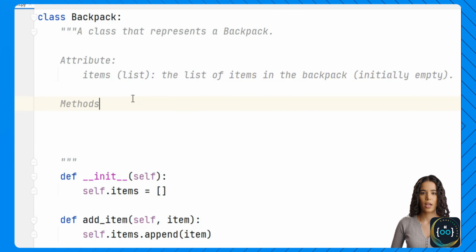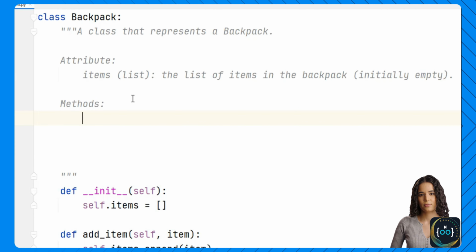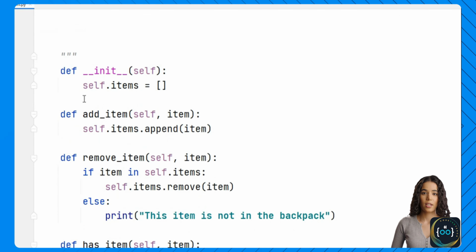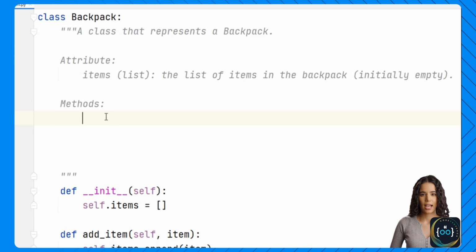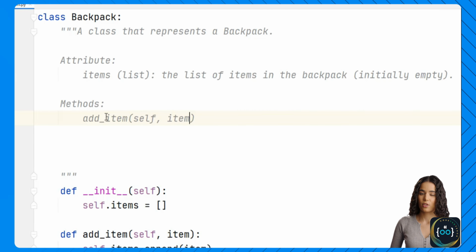Now we have to list the methods of the class and provide a short one-line description of each one of them. You can also include the parameters of each one of these methods so the user can have a better idea of how to call these methods. So let's list the methods. We have add item, and we say add item, self and item,